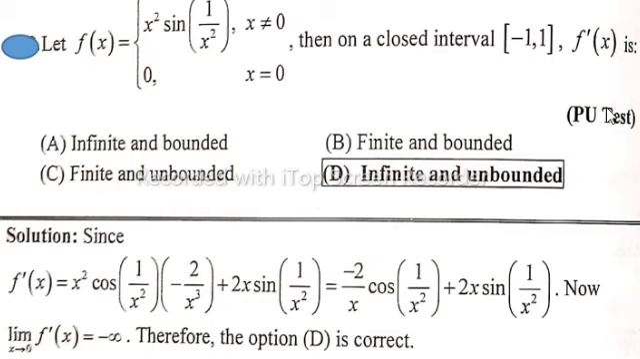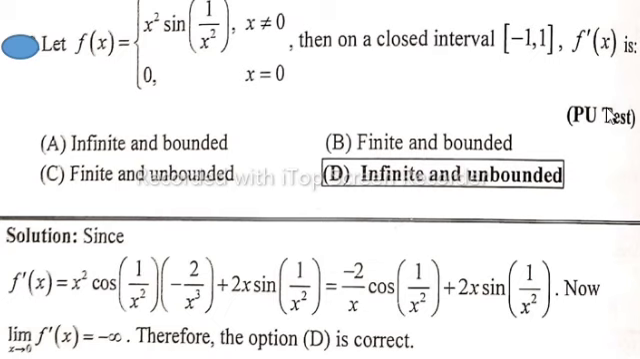So this is the product form. We use the product rule. First function as it is, that is x square, times the derivative of sine into 1 divided by x square. The derivative of sine x with respect to x is equal to cos x, cos into 1 divided by x square. So again the derivative of 1 divided by x square is equal to -2 divided by x power 3